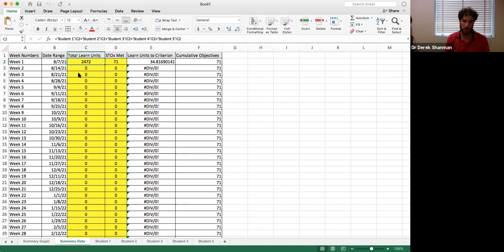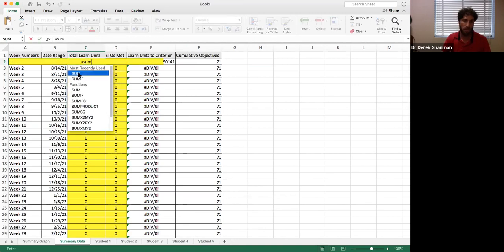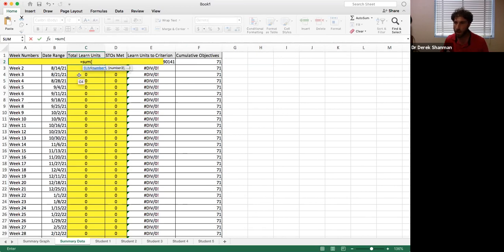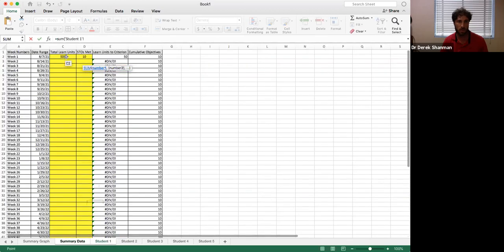One thing that you can do is a sum formula. A sum formula is going to sum across all the cells that you tell it to sum across, which makes sense, but you can do that across different sheets. So I can say to sum student 1 C2, then colon, student 5 C2,